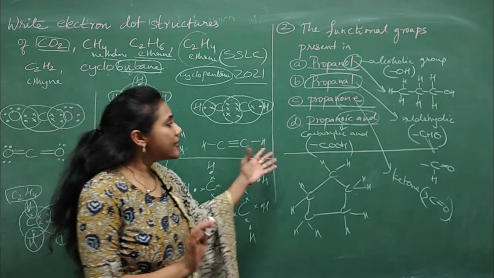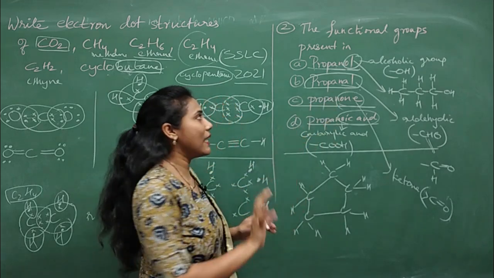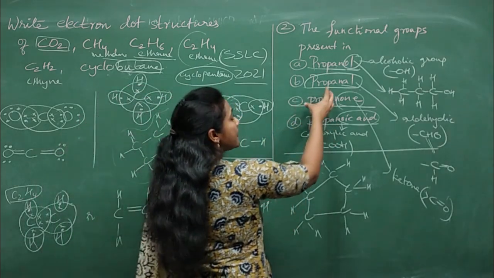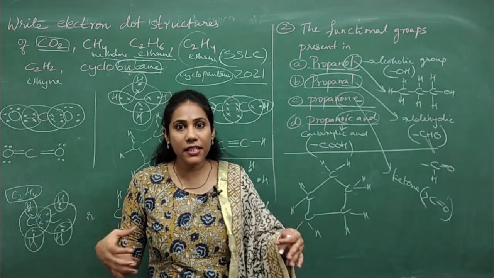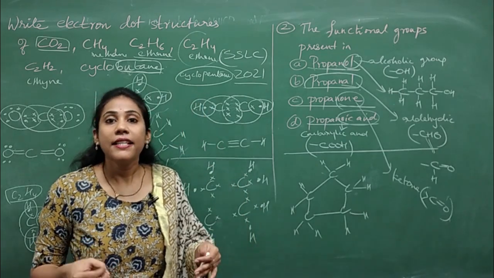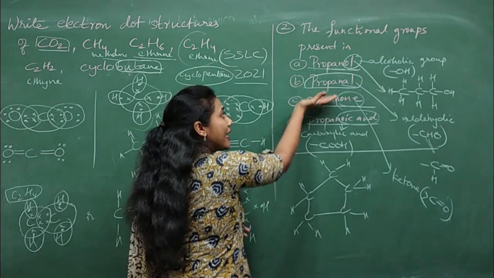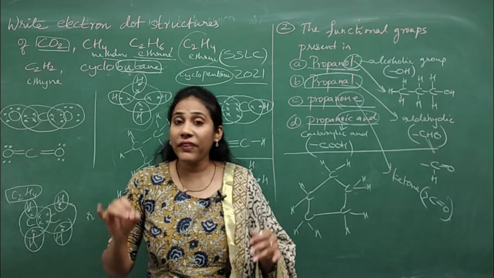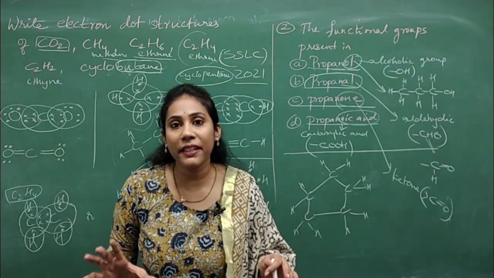Clear? So this is how they may ask you about functional groups and compounds, and also their names and how to write the structures in a simple way. Just a very basic idea, if you can understand, it is more than enough. If you want to understand how to name the compounds and how to write the structure, I have explained it very beautifully in the chapter called Carbon and its Compounds.